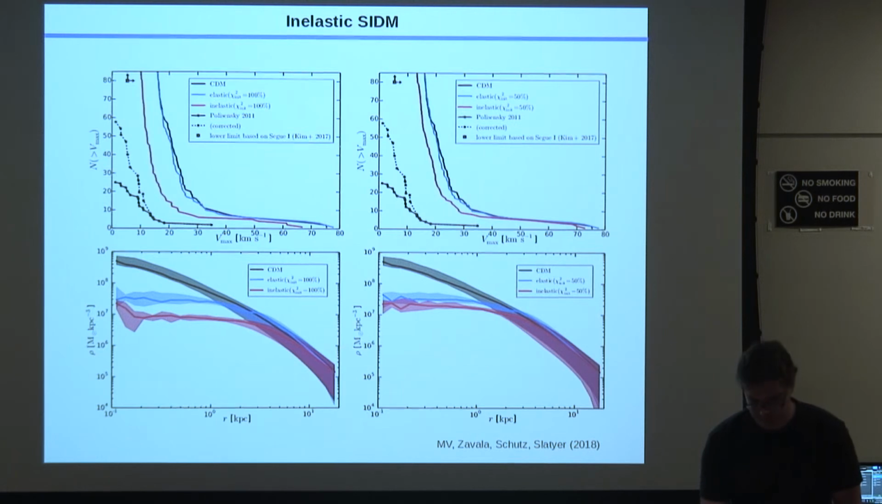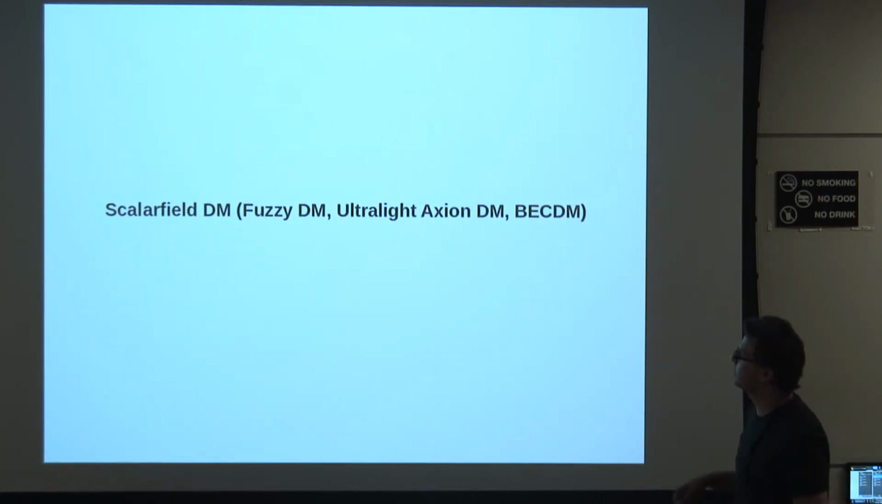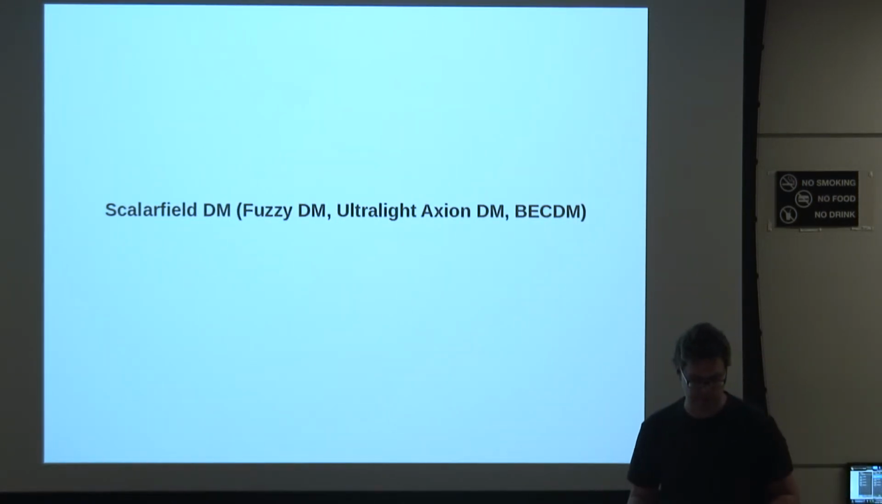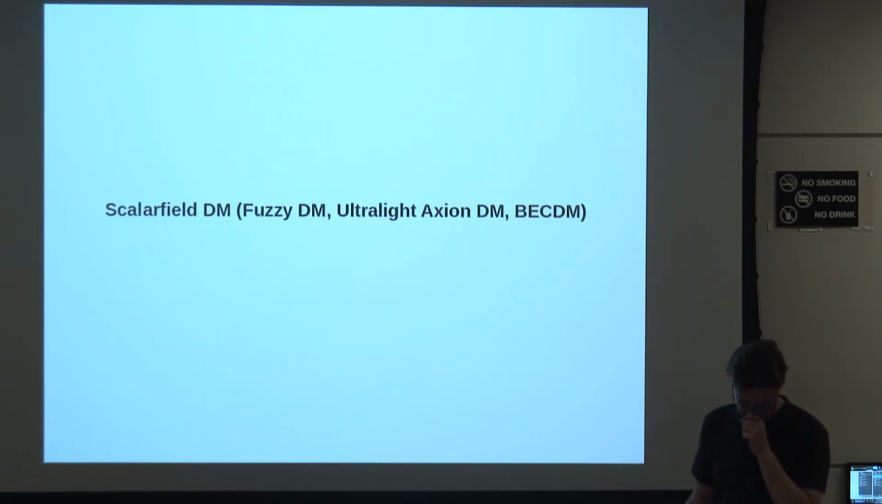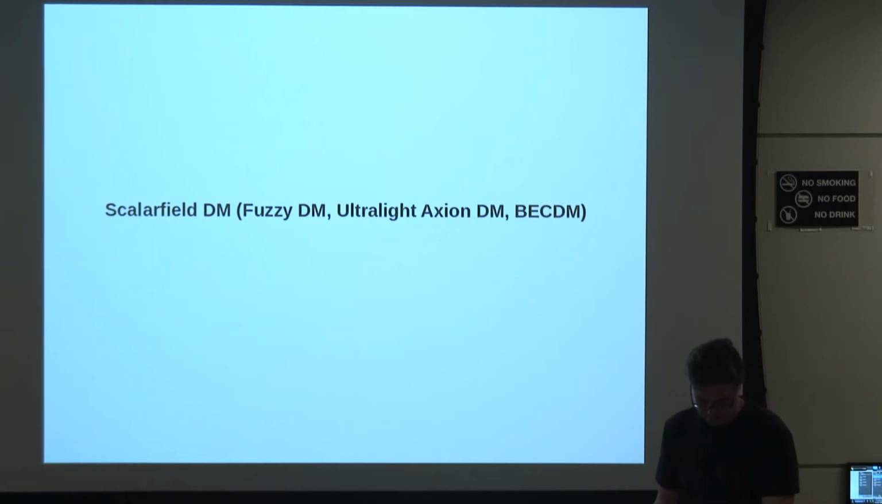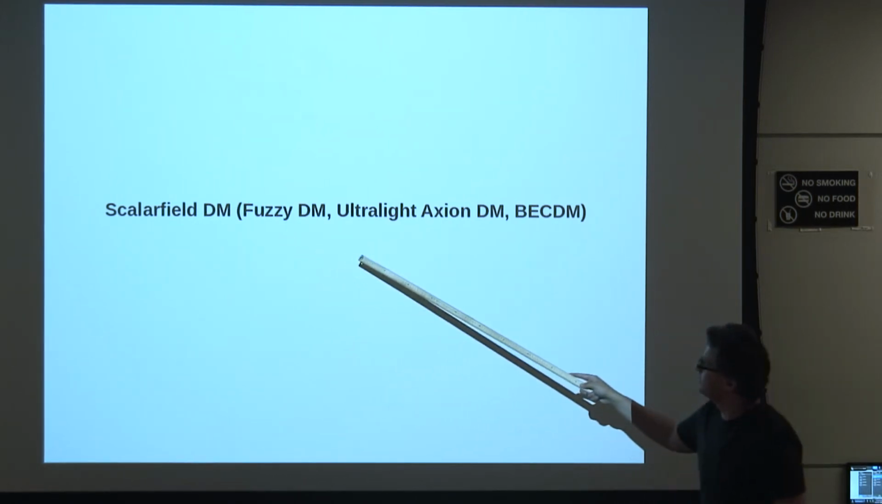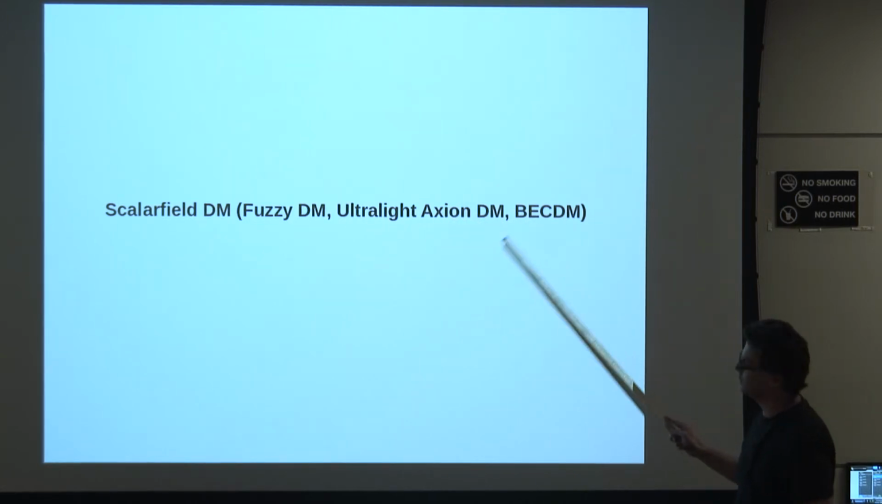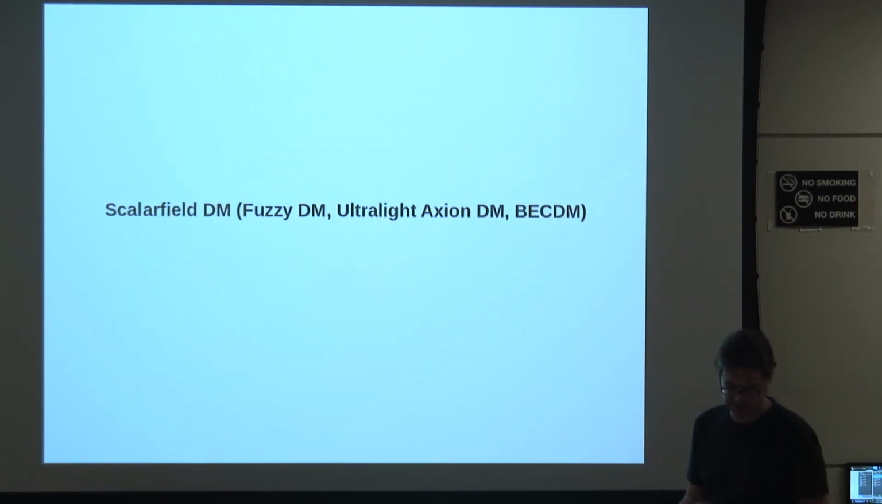Okay, so then last 5 minutes, let me just briefly talk about this subject. And again, I'm not an expert here, but I just want to highlight some results of a postdoc in Princeton who has been working on this, also partially with me. So this is about this scalar field dark matter, which is also called fuzzy dark matter, ultralight axion dark matter, or BCDM. So this has a lot of names, but to some degree it's always the same basic idea